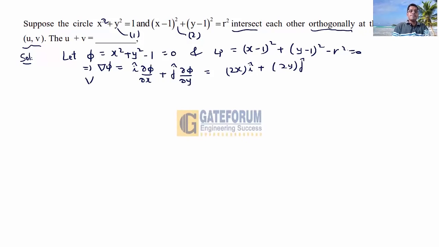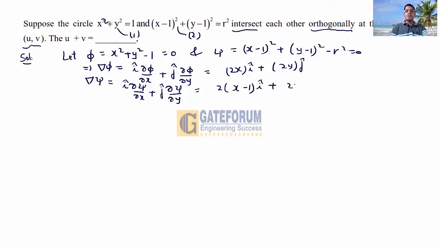Similarly, grad psi is equal to i cap dou psi by dou x plus j cap dou psi by dou y. Partially with respect to x, the psi function gives 2 into x minus 1, and partially with respect to y we will be getting 2 into y minus 1. So 2 into x minus 1 i cap plus 2 into y minus 1 j cap. For intersecting each other orthogonally,